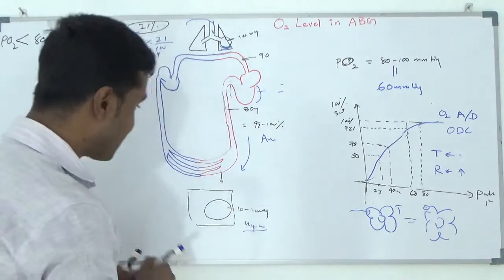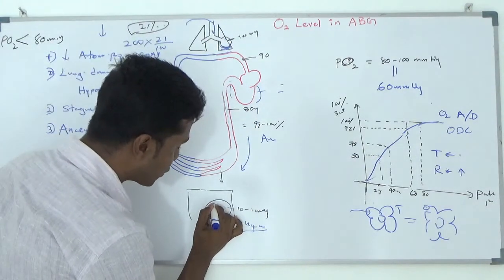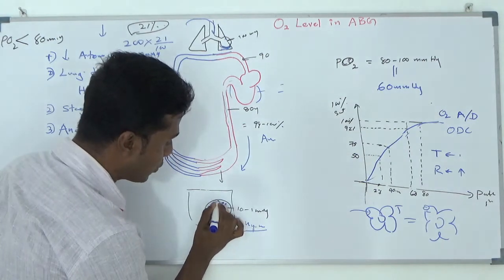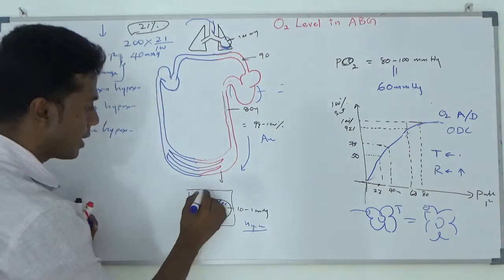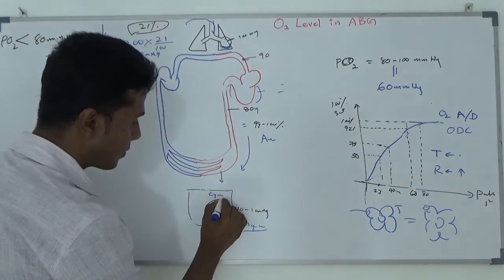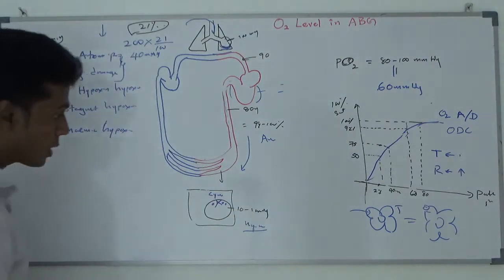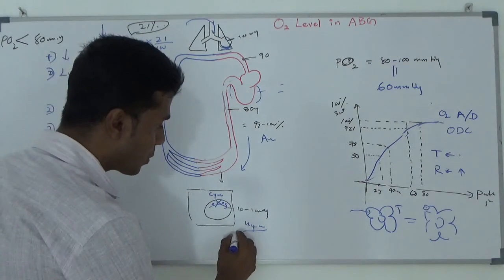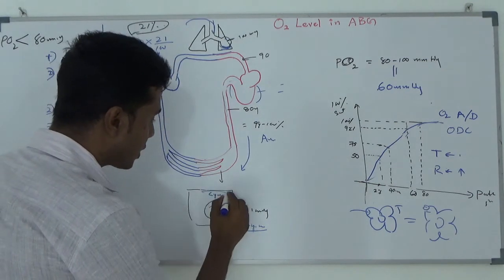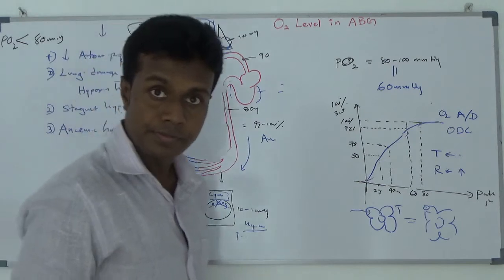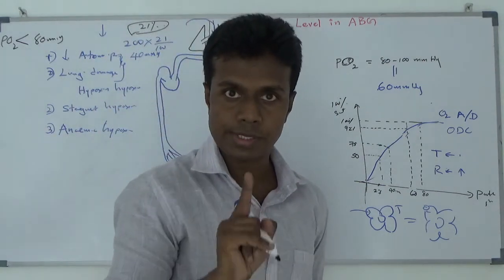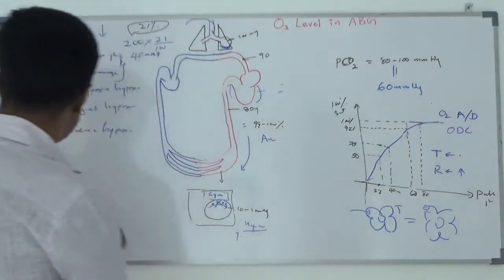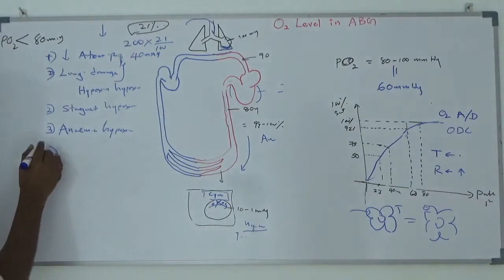What happens here is your cytochrome oxidase enzyme system is inhibited by certain drugs like cyanide poisoning. Your cytochrome oxidase is now blocked. Because of that, oxidative phosphorylation cannot happen. Tissue hypoxia develops due to the cytotoxic effect of the cyanide. We are going to call it number 3. 2, 3 is there. Number 4,